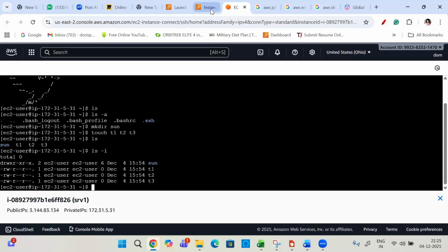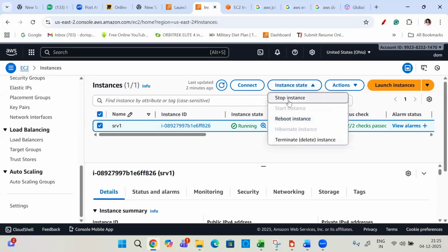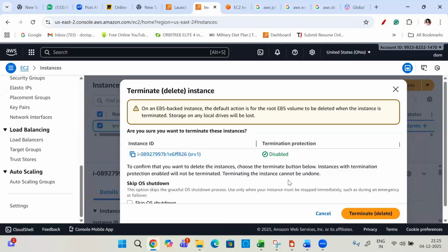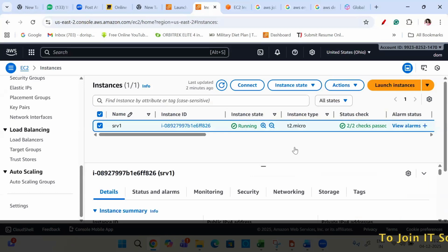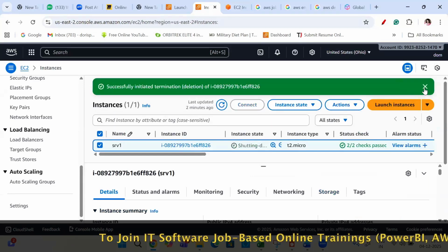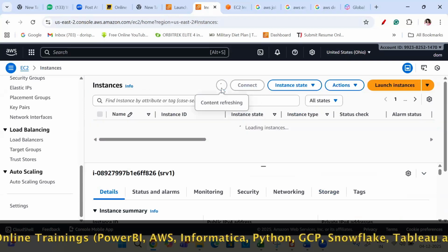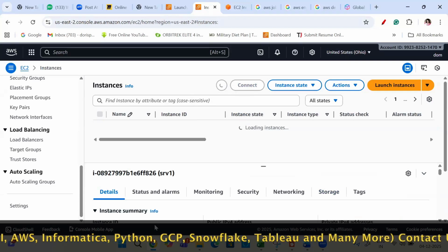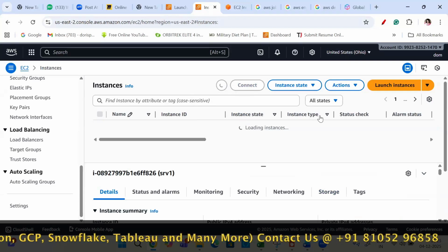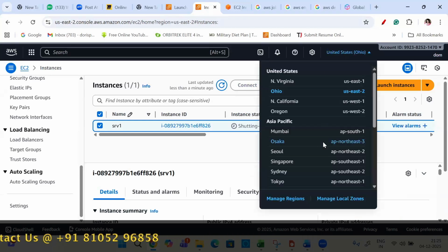Okay. So this is all about your instance. Once this is done, you can go here and stop the instance as well as terminate. If I'm terminating it, it completely deletes. So this is some basic idea which I showed you of how to work on an EC2 instance. I hope you got it. Any questions regarding the course, anything?